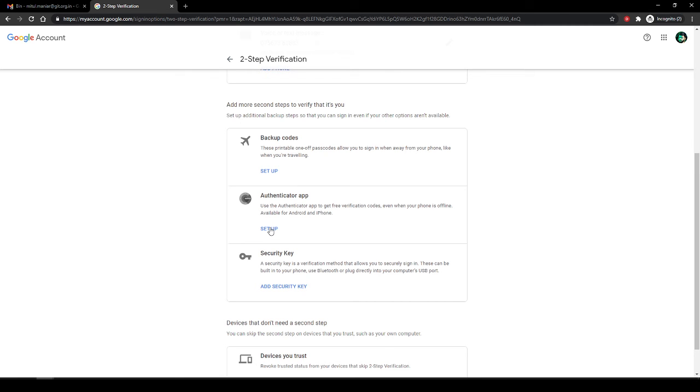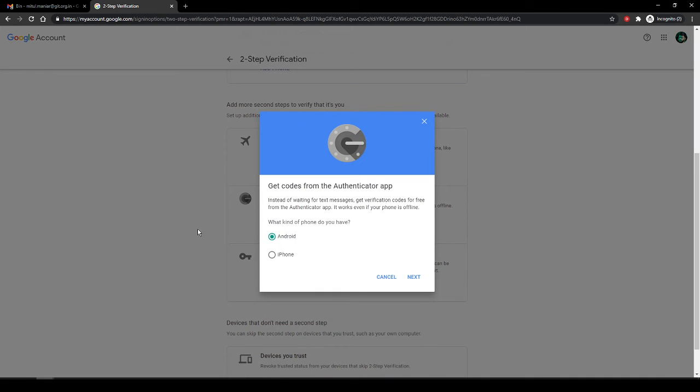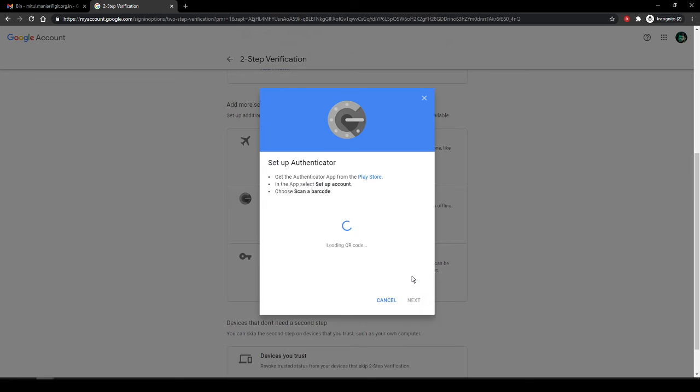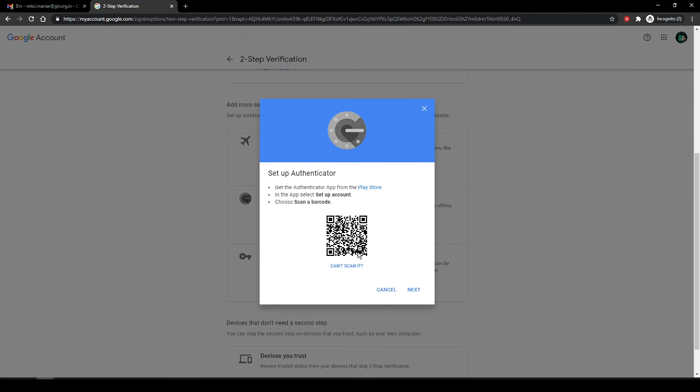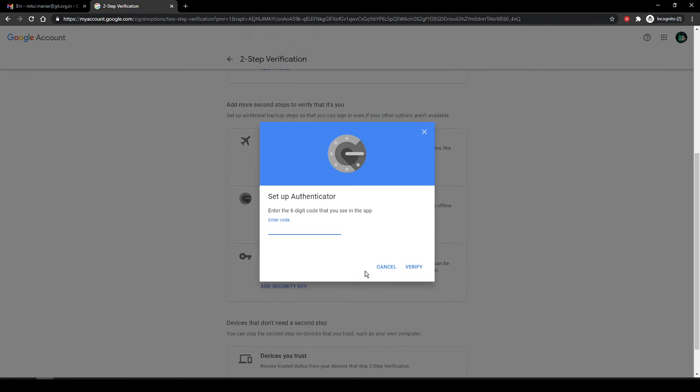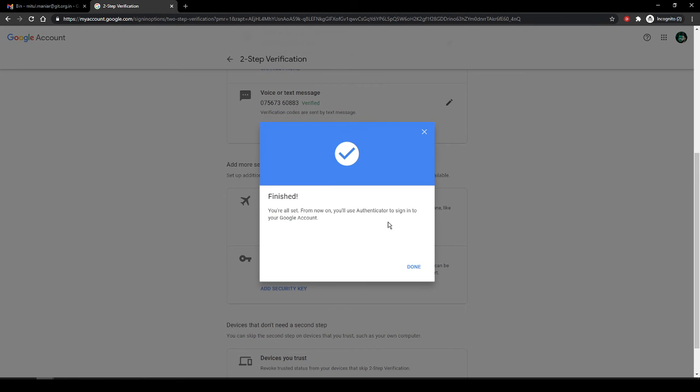So if I wish to set it up, I click on setup. It is an Android. Okay, so it will give me a barcode. So what you have to do is install the Google Authenticator app. It has only one screen. Once the app is installed, over there you will see a plus button, and that's it. You just scan this QR code that is being shown on the screen over here, and thus it's done. The 6-digit code on the Authenticator app that is currently being shown is this. Enter the code, that's it, you're verified.